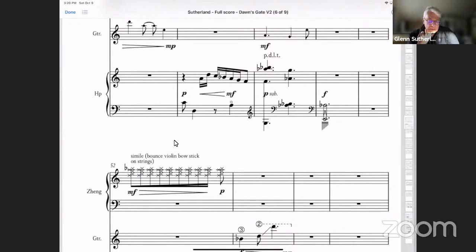It did sound, when I listened to it this time, like there were maybe a few too many ideas and maybe not quite enough development of the ideas that were already there. That's something I was going to bring up, because one thing I like that you do in this piece is you really explore a lot of different textures. This is much more of a texture-based piece than a theme-based piece, so to speak.